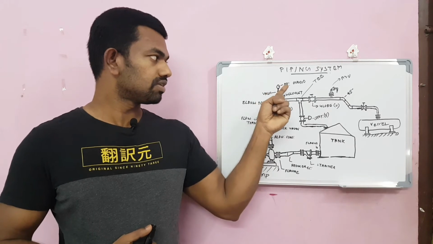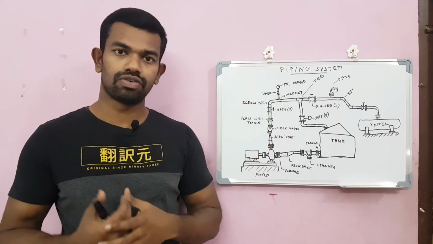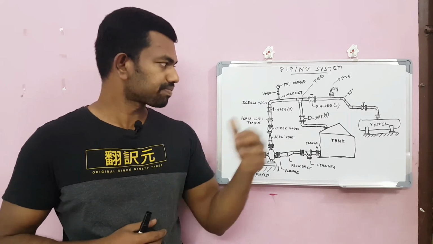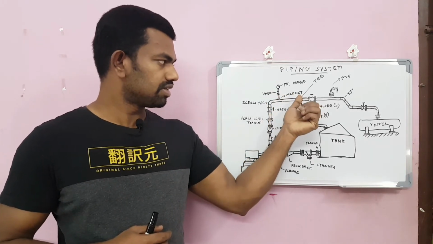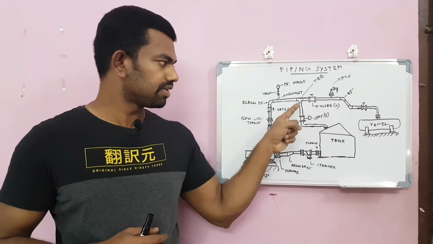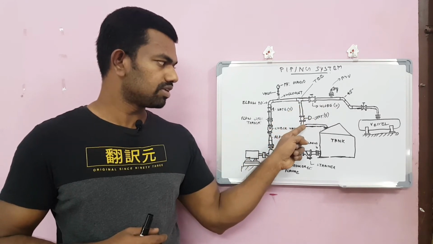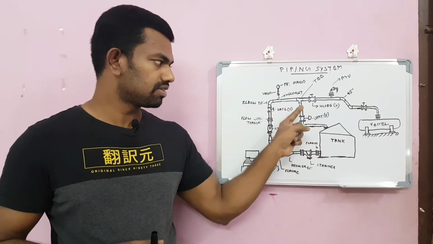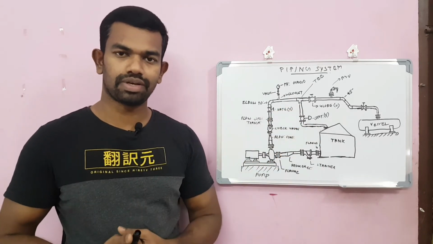This is a pressure gauge or pressure transmitter. The purpose of this is to identify and control the pressure. Later here is an equal tee, and there is a control valve. This elbow is going to this tank. This is called the bypass line. The purpose of this bypass line is